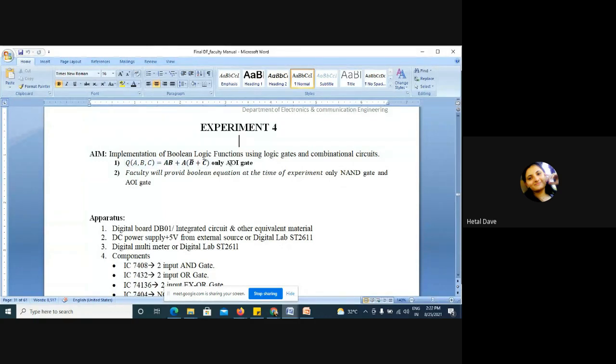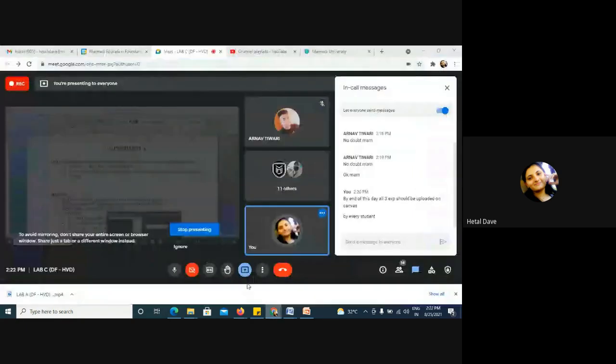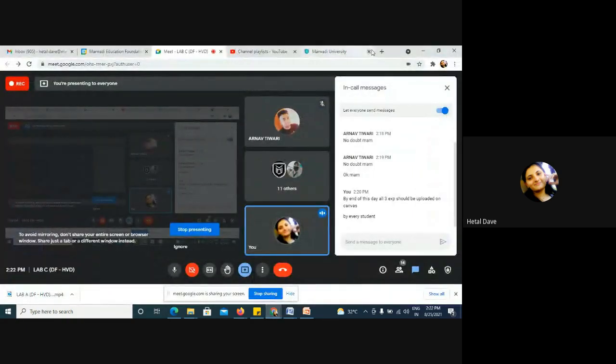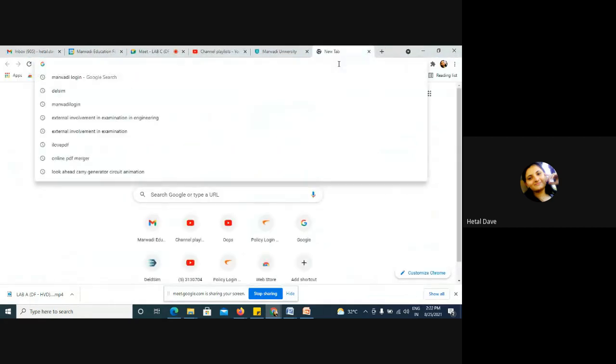So you will take your pen and book and write the truth table, and then you will draw the circuit. How you will draw it, I am going to explain. Then you will implement your drawn circuit using the virtual kit. Now is everyone aware of the virtual kit?